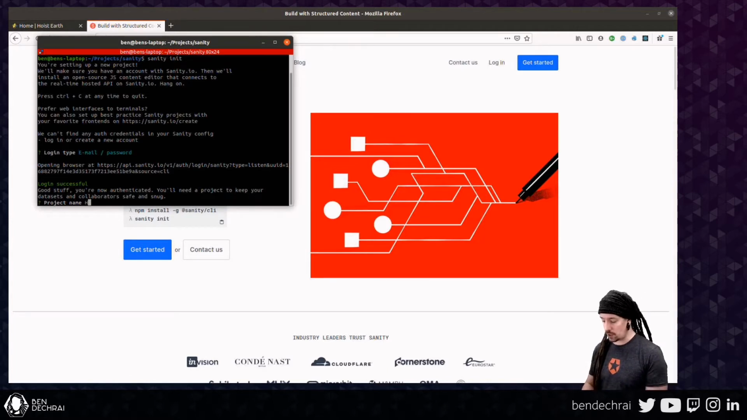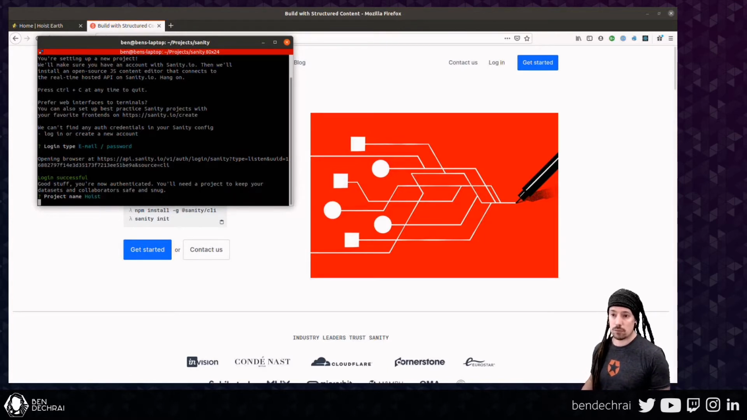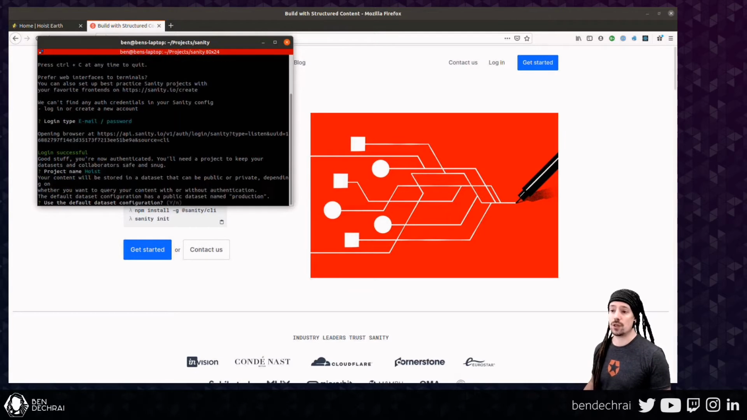We're going to give the project a name. I think Hoist, probably quite sensible. So we'll call it Hoist. And it's going to ask us whether we want to use the default configuration. By default, it's going to call our dataset production. Now with the free tier will allow us to have two datasets. So I envisage at some point in the future maybe needing a QA or a testing dataset. But for now, I'm quite happy to stick with the name production but the default is also going to be